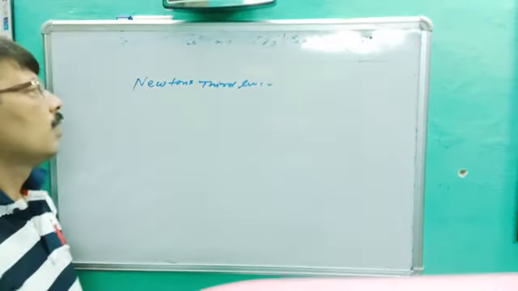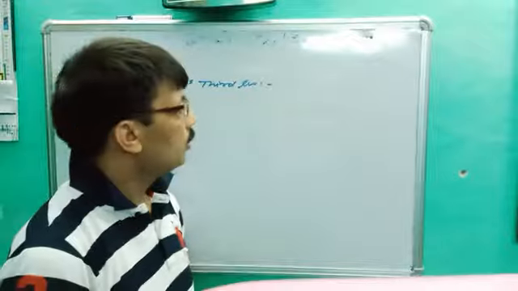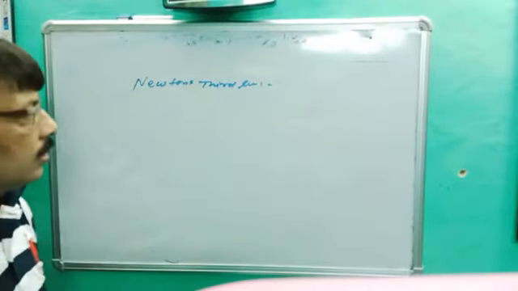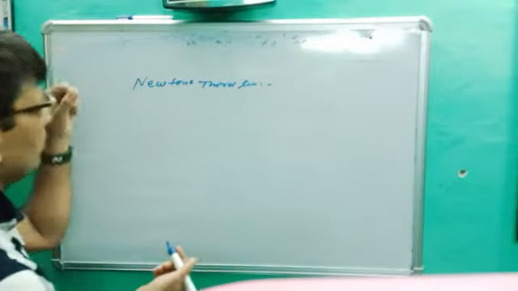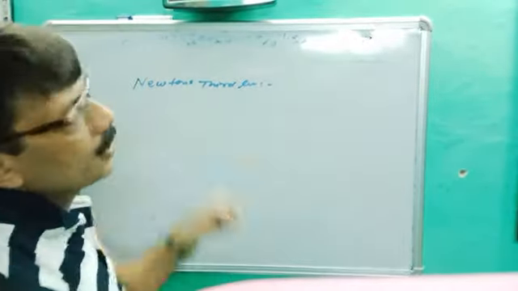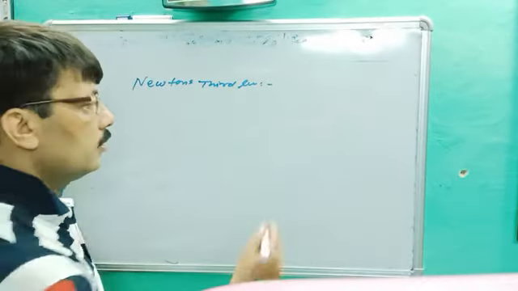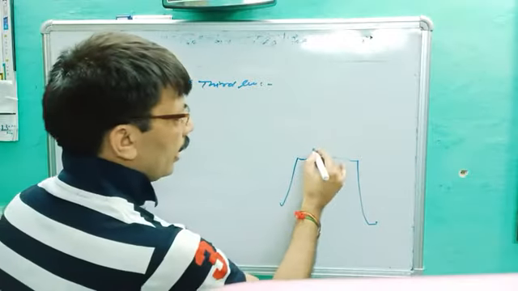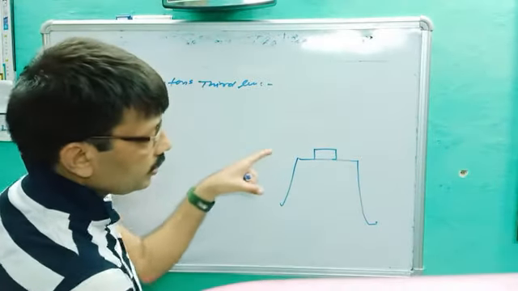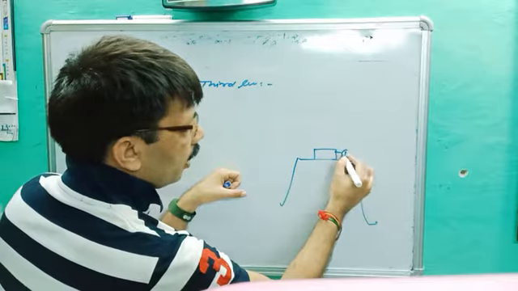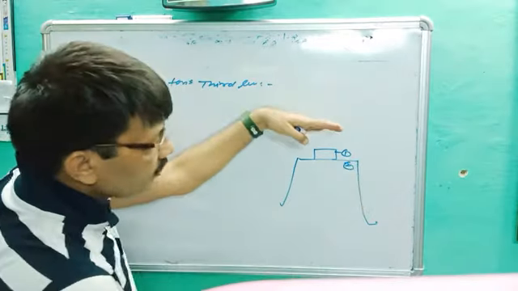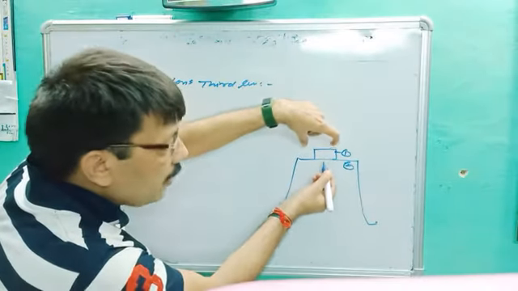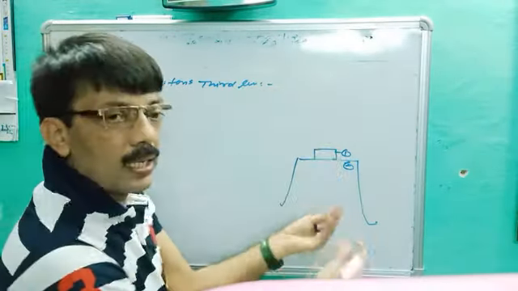Newton's third law, and you better know from class 9th, according to this law there are equal and opposite forces, or there is an equal and opposite reaction. Every action has an equal and opposite reaction. According to this, let's suppose this is a desk, and you put a body on it. Let's say the body is 1 and the desk is 2. How much force is exerted by these bricks on the table? The same force will be exerted by the table on the bricks, but their direction will be opposite.